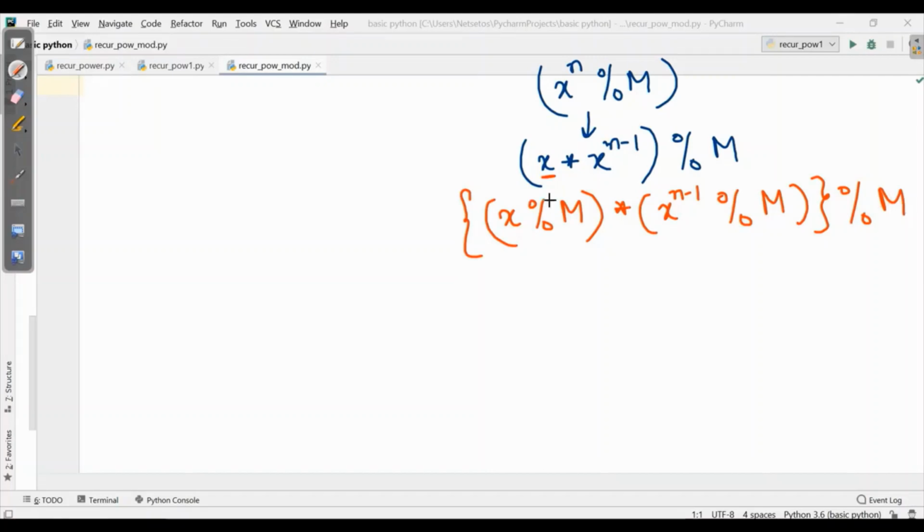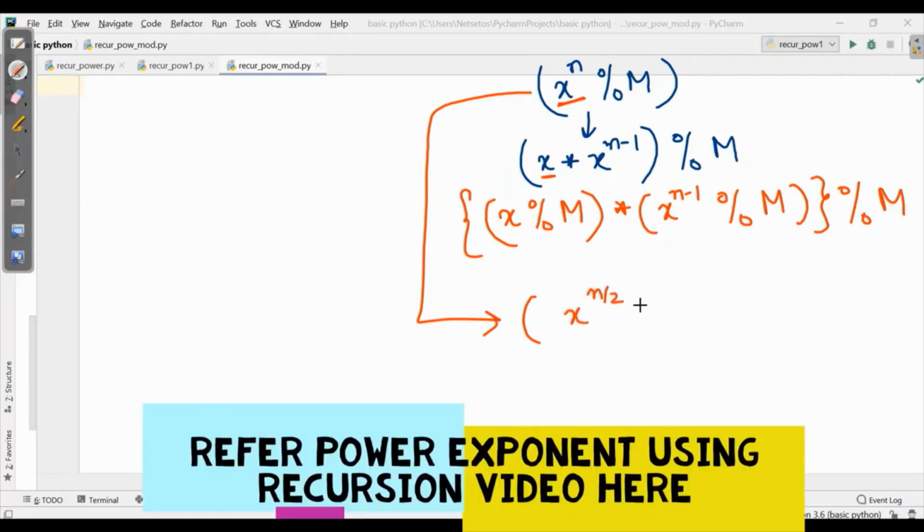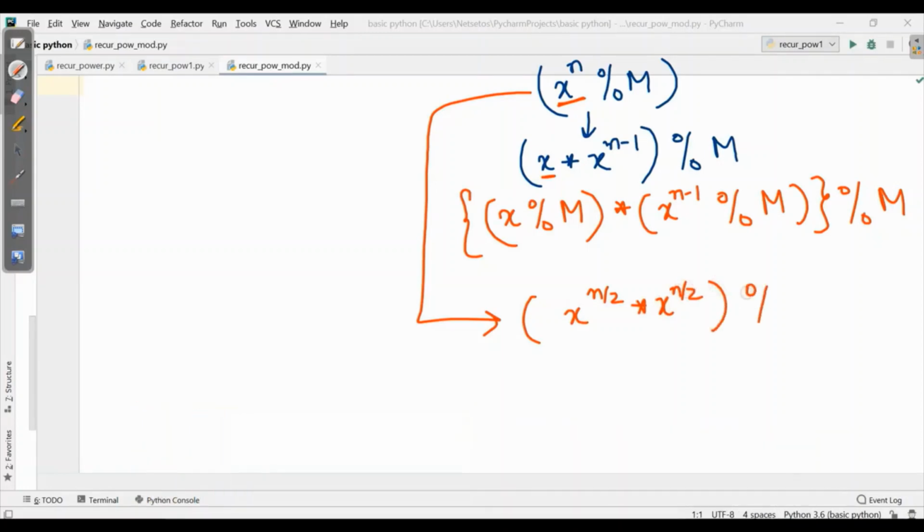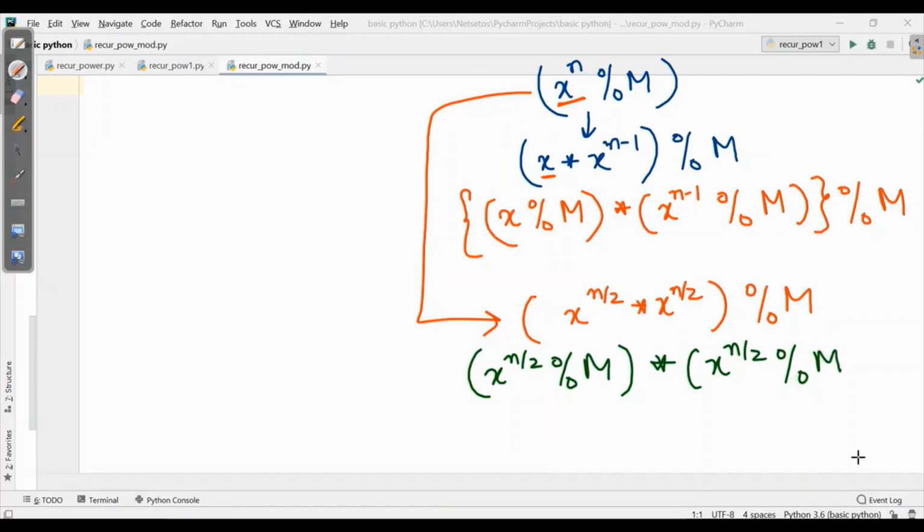Similarly, if we have an even number, we can calculate it by x to the power n by 2 into x to the power n by 2 modulus m. I can write x to the power n by 2 modulus m, then the other one x to the power n by 2 modulus m and then collectively modulus m.